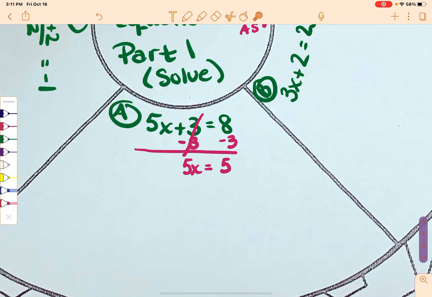Now, to get this x alone, I have to get rid of this 5. So 5 times x is what's on this side. So the opposite of multiplying by 5 is dividing by 5. So this cancels down to 1, and you're left with x. And then 5 divided by 5 is going to be 1. Okay, now,